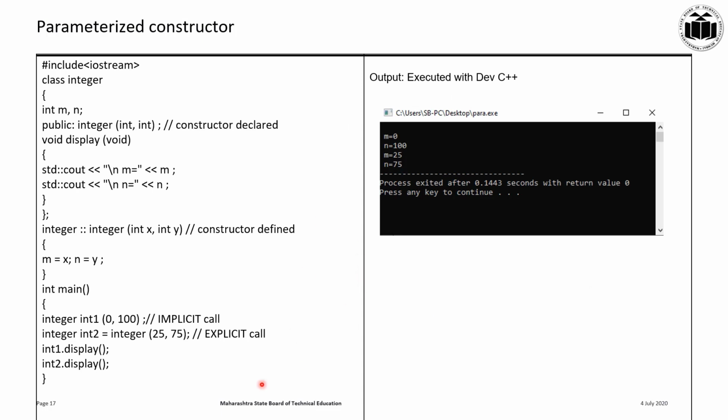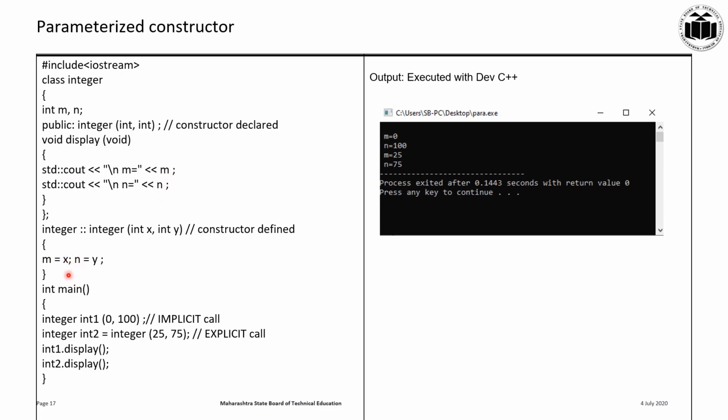Now the program for the parameterized constructor. Class integer, int m, n. The class name is integer, so you create the constructor with the same class name, integer. Then integer takes two parameters of data type int, void display(), then in cout you display the values of m and n.